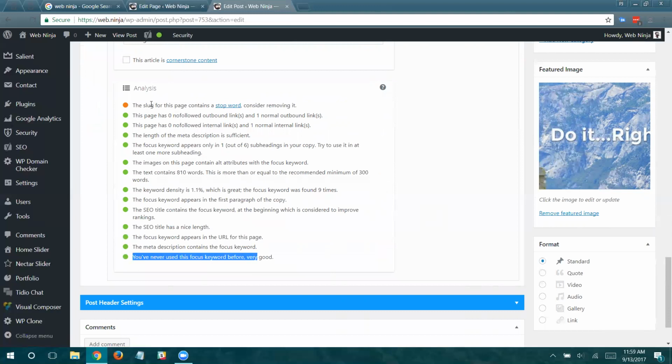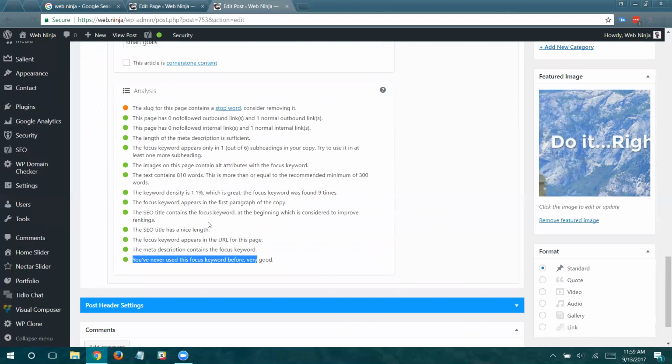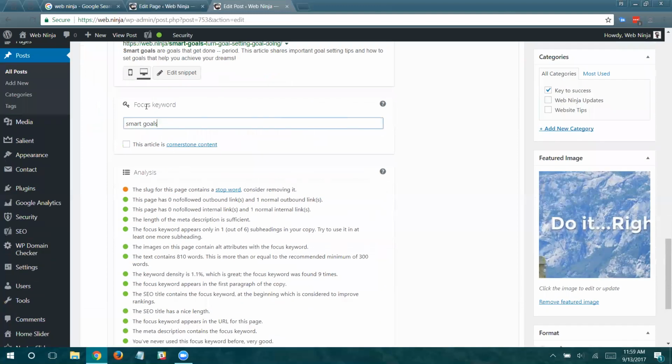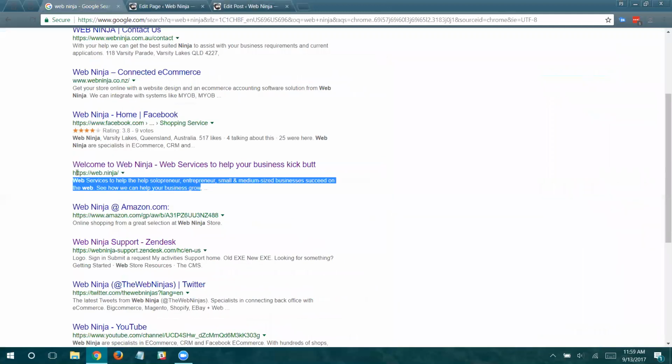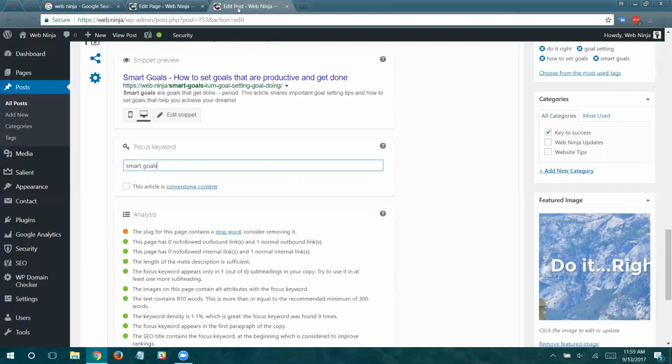So again, going through the analysis, the whole point of this is to start with your focus keyword, get your snippet, the preview basically of what's going to show up here, because when the search engines are clear on what this page is about, they're going to start saying, oh, well, this page is about SMART goals.